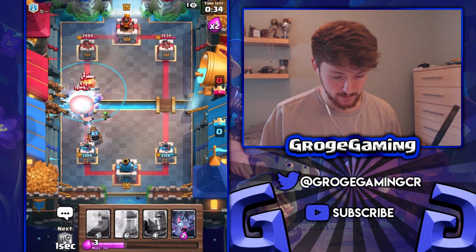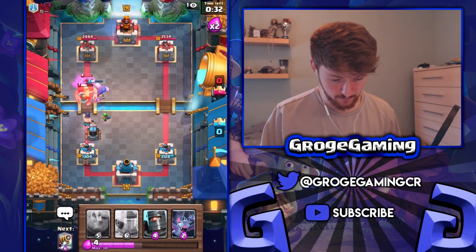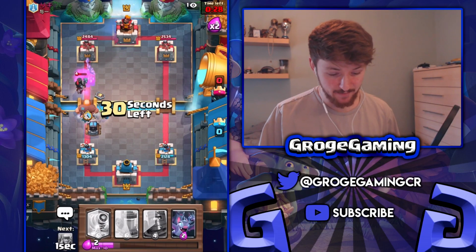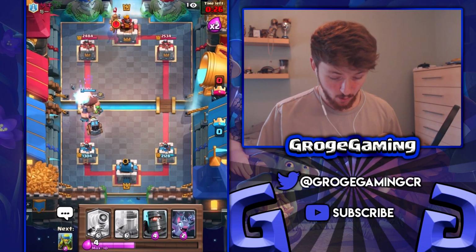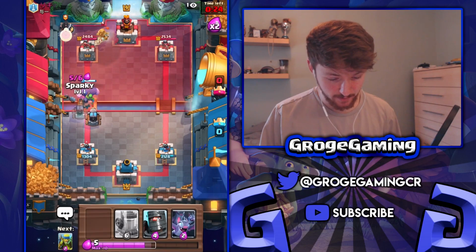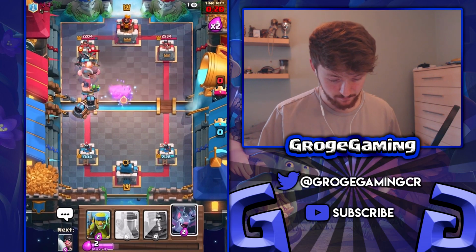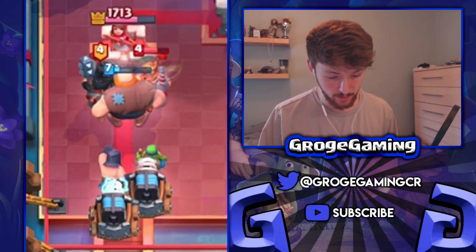And what we want to do is just group this all together, hopefully, kind of, sort of. And we're going to get another Giant down in front of this. Watch this. This is going to be an absolutely killer push. And what we're going to do is drop down another Sparky. Oh, boy. He's going to want to Zap at some point. Probably...